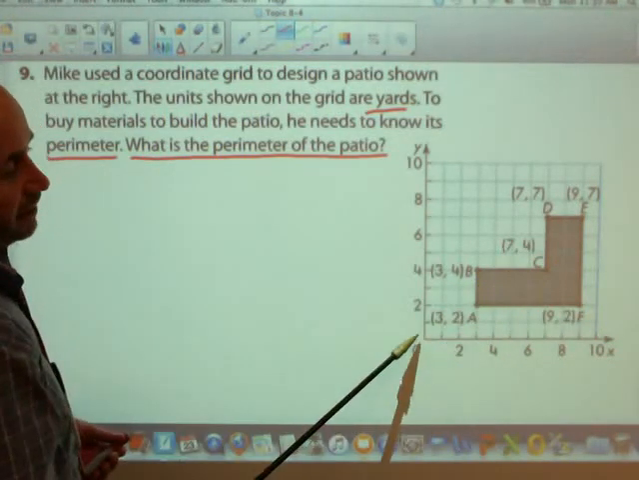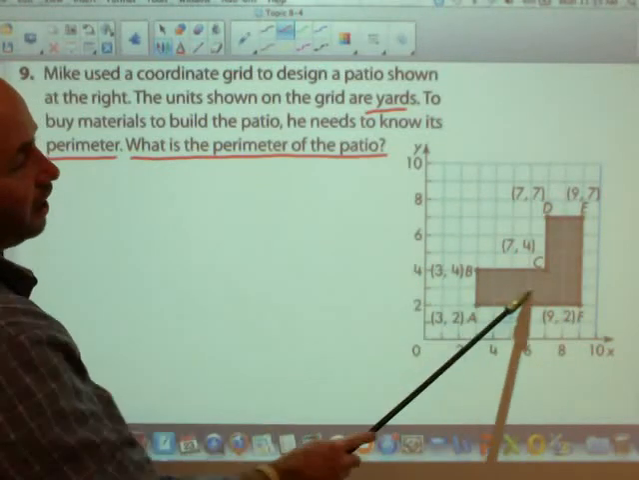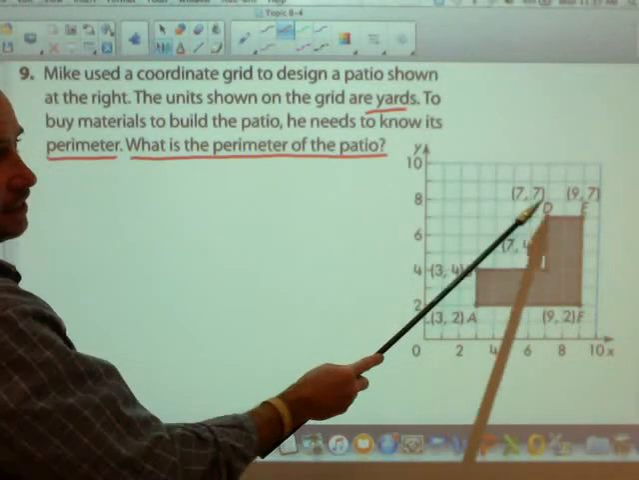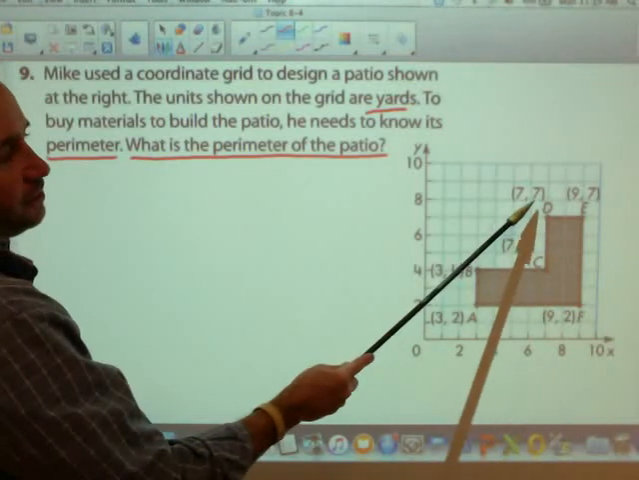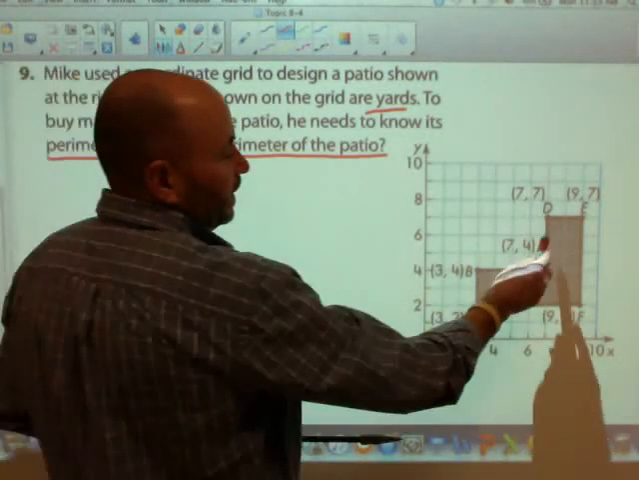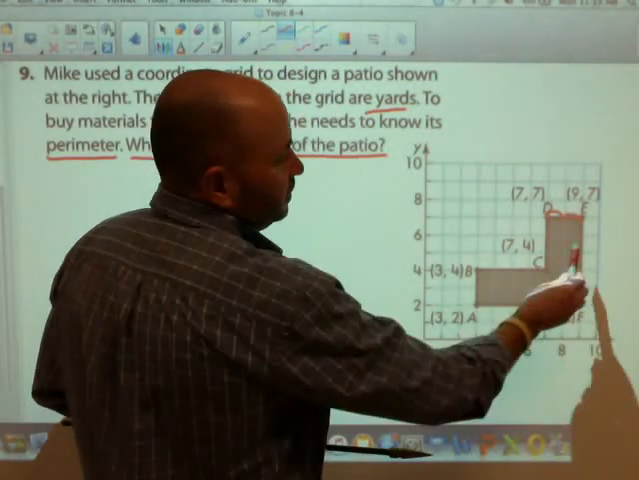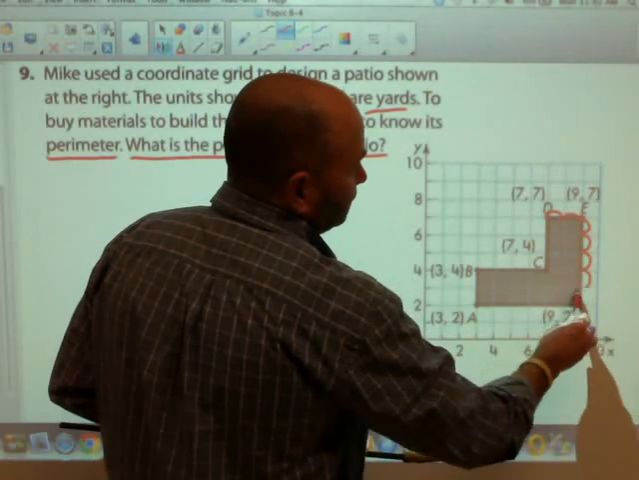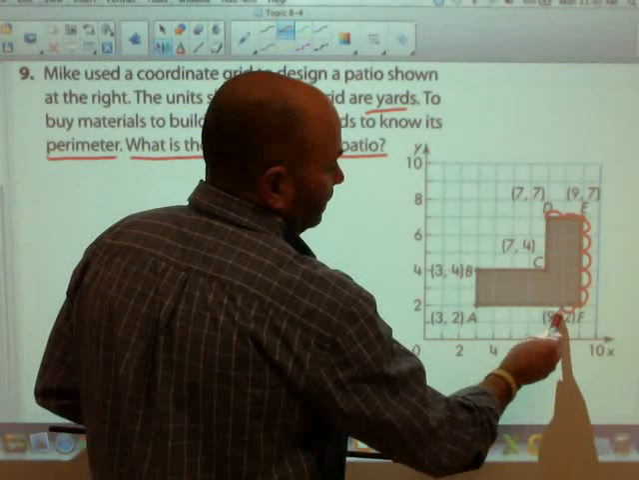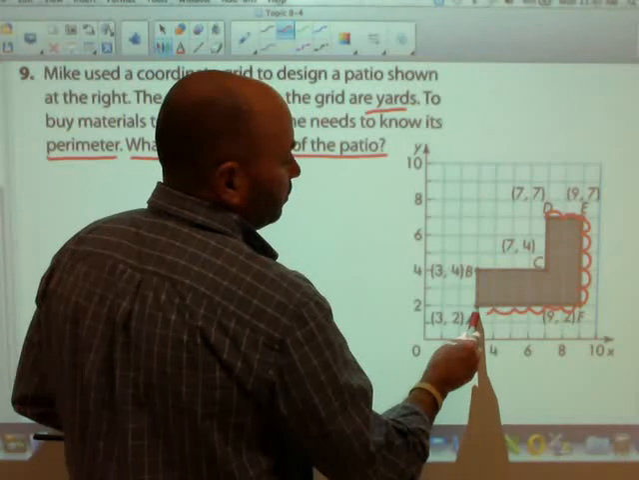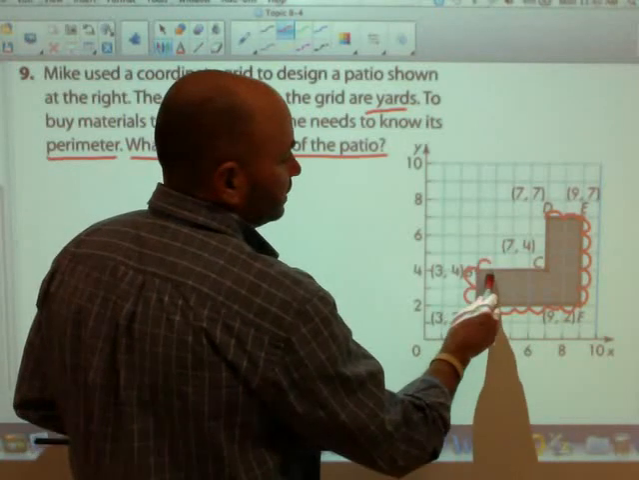You'll notice that it is all in the same quadrant, so you're going to be subtracting in order to find distances. So in this case, you would be able to count 1, 2, 3, 4, 5, 6, 7, 8, 9, 10, 11, 12, 13, 14, 15, 16, 17, 18,